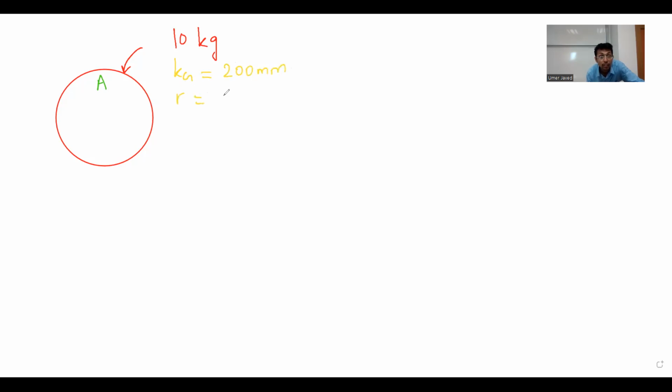The radius of this is 250 millimeter. The question says that I have this motor that is driving this. Let's call this, in nice and beautiful purple color, my motor B. If this is 3 kilograms, k_A is equal to 80 millimeter and R is equal to 100 millimeter,